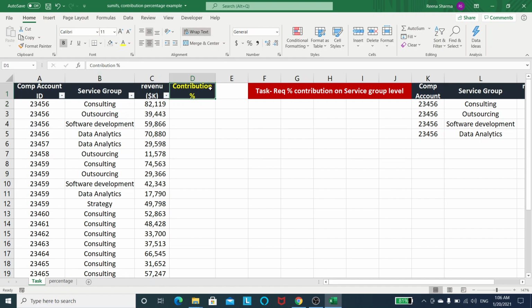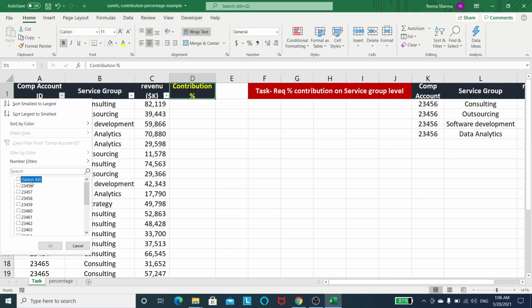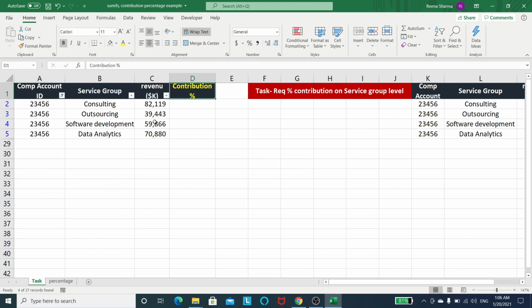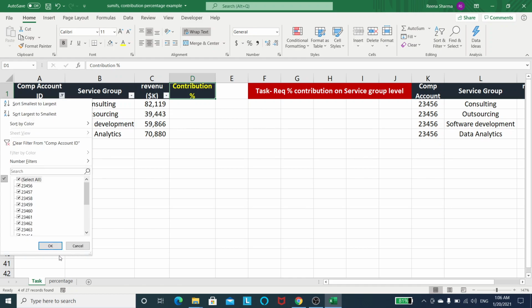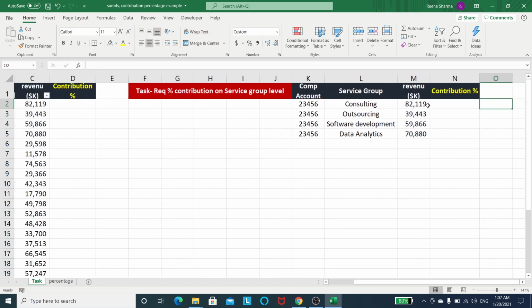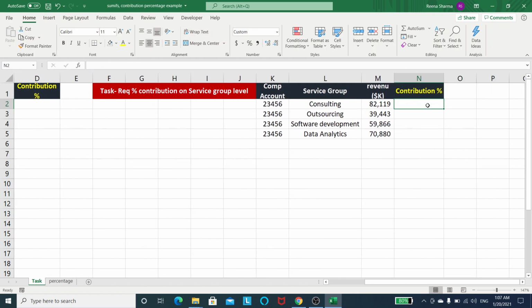So how to get the percentage first at the service group level? I have already filtered down to one ID and got four records, and I need the contribution. So how to get the percentage? I just wanted to show you manually how we will do it before going to the big size data.